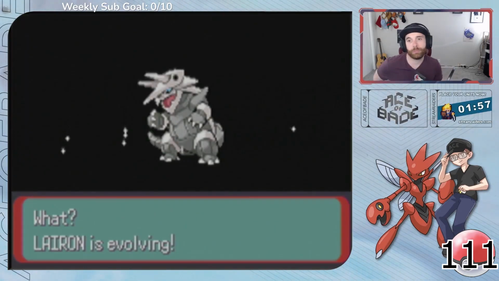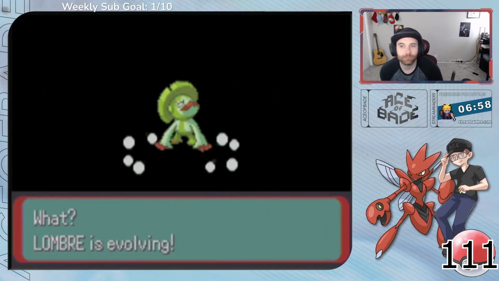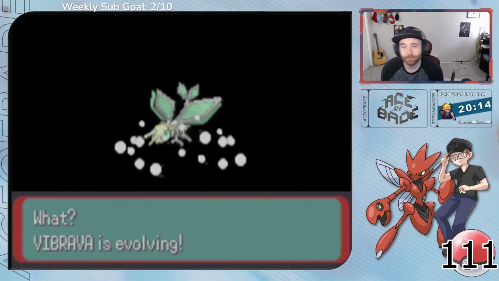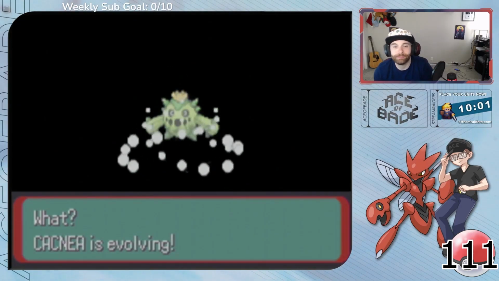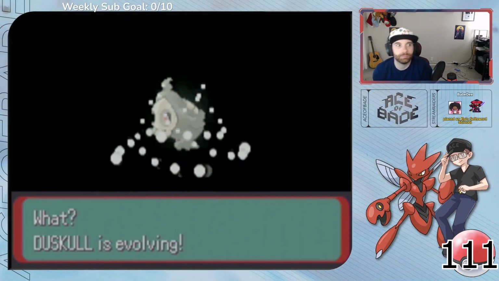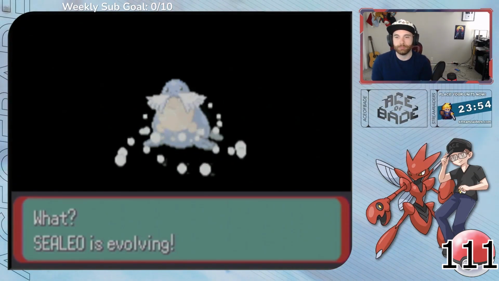Aggron, 1 Spoink into Grumpig, 1 Vulpix into Ninetales, 1 Pikachu to Raichu, 1 Lombre to Ludicolo, 1 Nuzleaf to Shiftry, 2 Trapinch into Vibrava, 1 Vibrava into Flygon, 1 Corphish to Crawdaunt, 1 Cacnea into Cacturne, 1 Lileep into Cradily, 1 Anorith into Armaldo, 1 Duskull into Dusclops, 1 Snorunt into Glalie, 2 Spheal into Sealeo, 1 Sealeo into